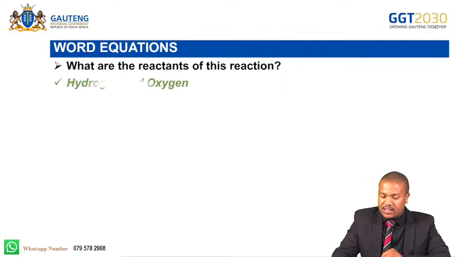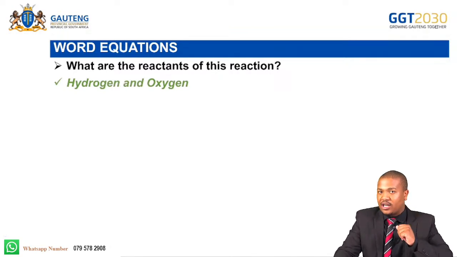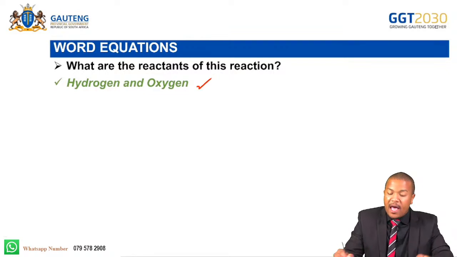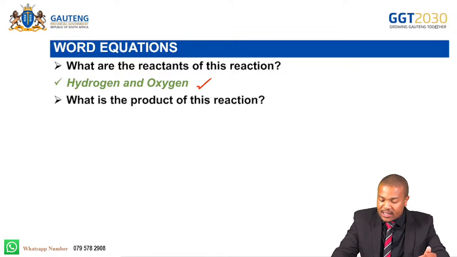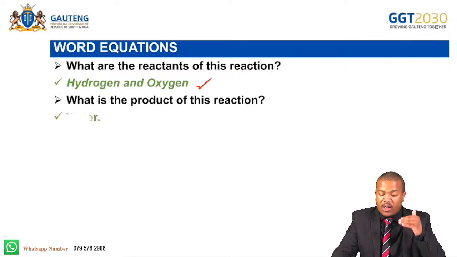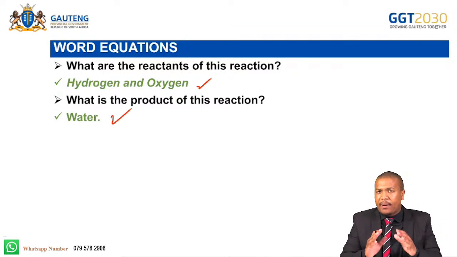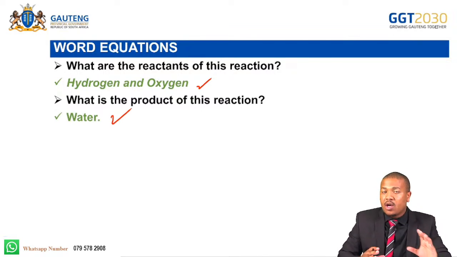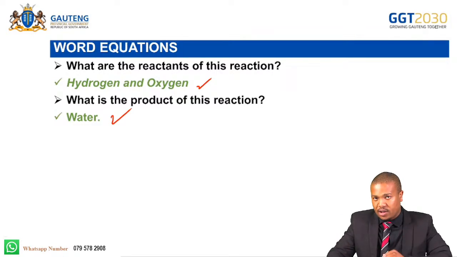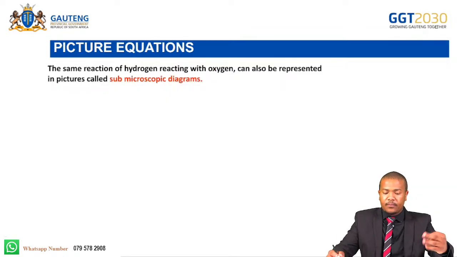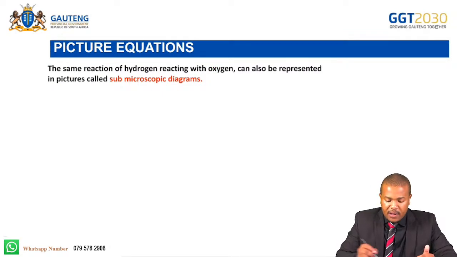What are the reactants? The reactants are hydrogen and oxygen. And what are the products? The product is water. So let's not forget that part where we put our reactants and our products in a chemical equation. So now, picture equations, which is the second